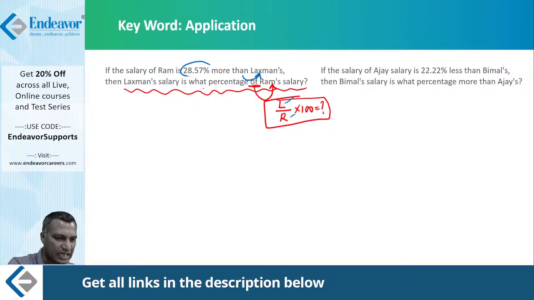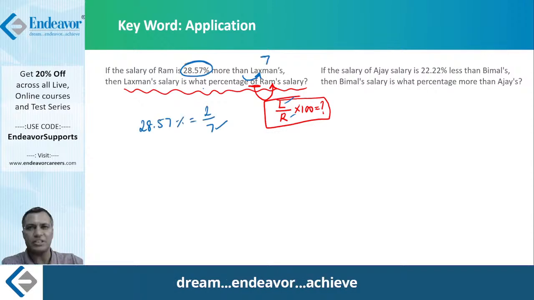Out of which, what is your base here? Base is 7. Therefore, simply put Lakshman as 7. Don't write 100. 100 is what we learned in school, because they used to give us nice numbers, 20%, 25%, 30%. Good numbers. They never taught us in school giving 28.57%. Now it is important for us, right? It wasn't important then. Now it is important.